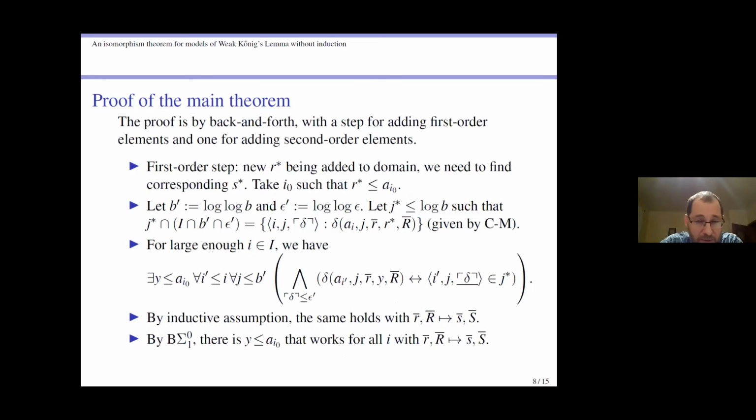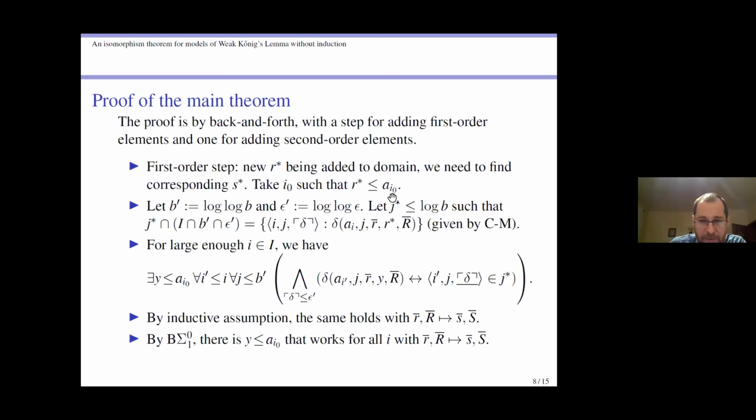So let's make epsilon prime be log epsilon. Again, log if it's really needed. And now there is going to be an element J star below, I guess, this log of the previous bound in the parameters B,